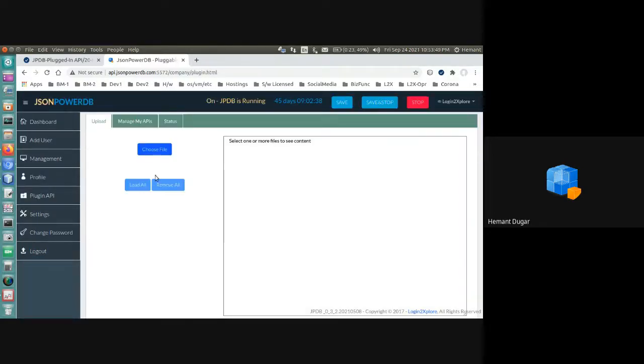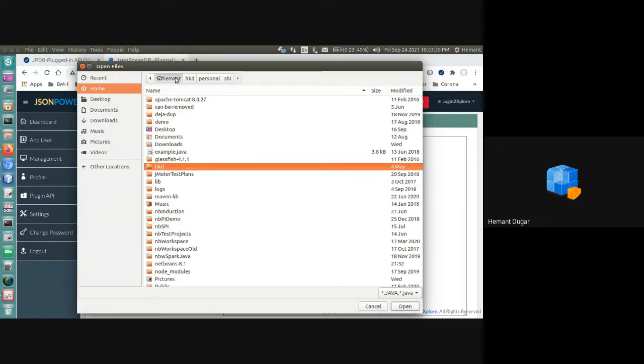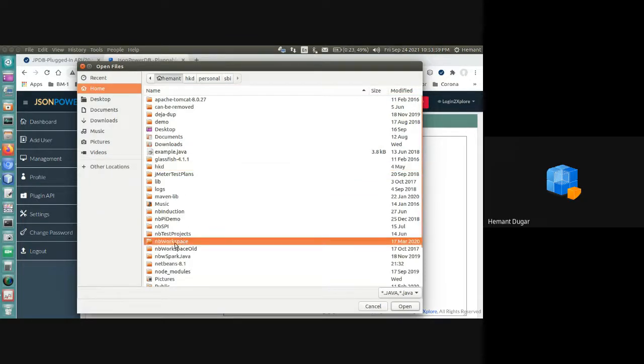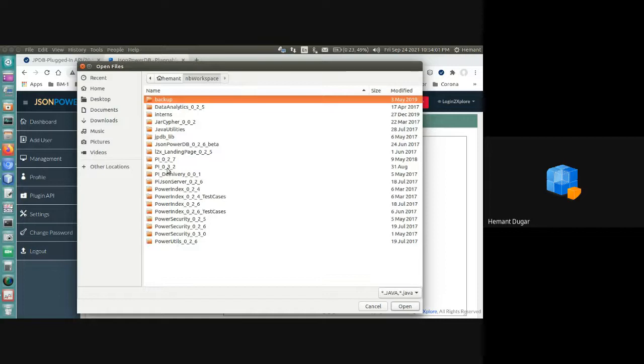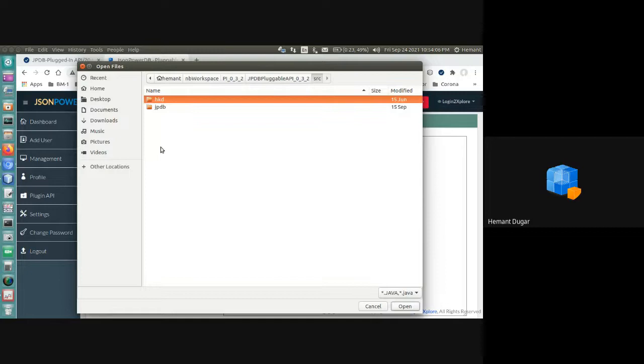Now it is asking to choose a file, which you want to plug in. Select this file from your project. That project exists in the NB workspace PI0 through 32 and this is your project. Go inside source, JPDB, EX, the package middle, V01, and find the middle Java file.